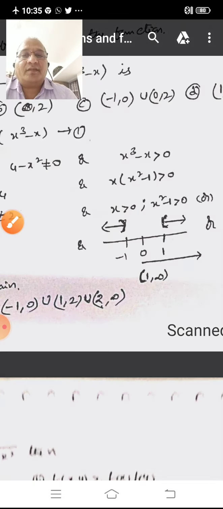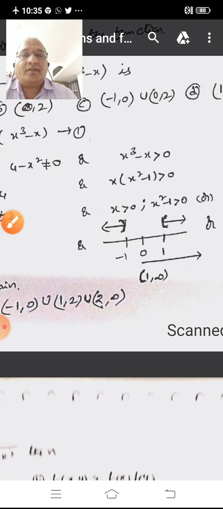Here, the problem of this model is also very important. f of x equals root of 1 plus x square. Now they ask which of the following is correct: f of xy is equal to f of x into f of y, or f of xy is greater than or equal to, less than or equal to, equal to, greater than, less than.